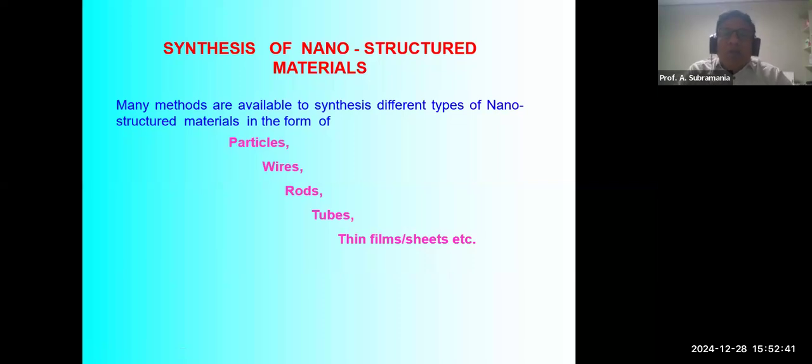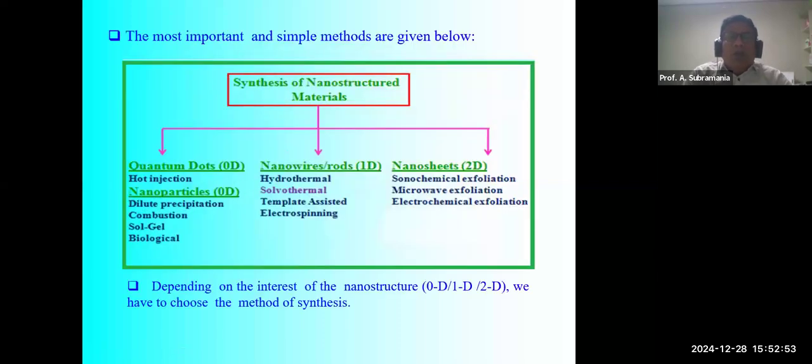Many methods are available to synthesize different types of nanostructured materials in the form of particles, wires, rods, tubes, thin films, or sheet-like structures. The most important and simple methods are given here. If you want to prepare quantum dots, less than 10 nanometers in size, you have to go for the hot injection method. For nanoparticles of 10 to 100 nanometers, you can go for either dilute precipitation or combustion, sol gel,